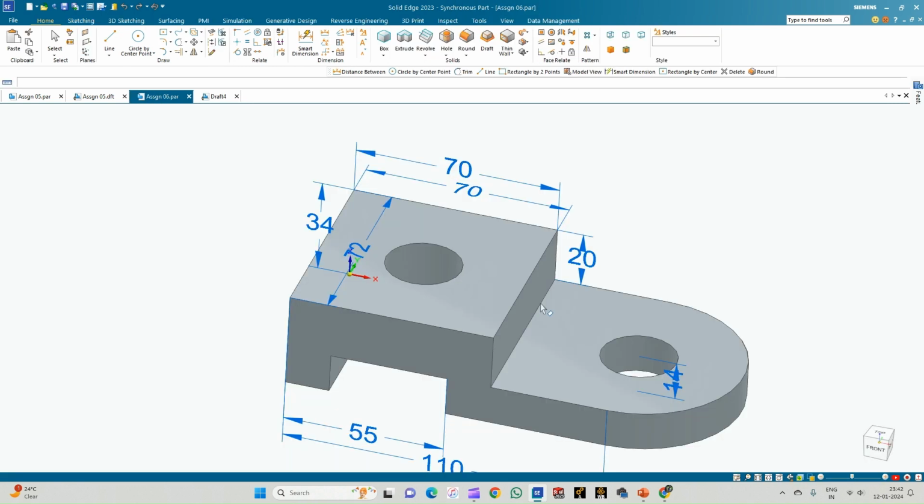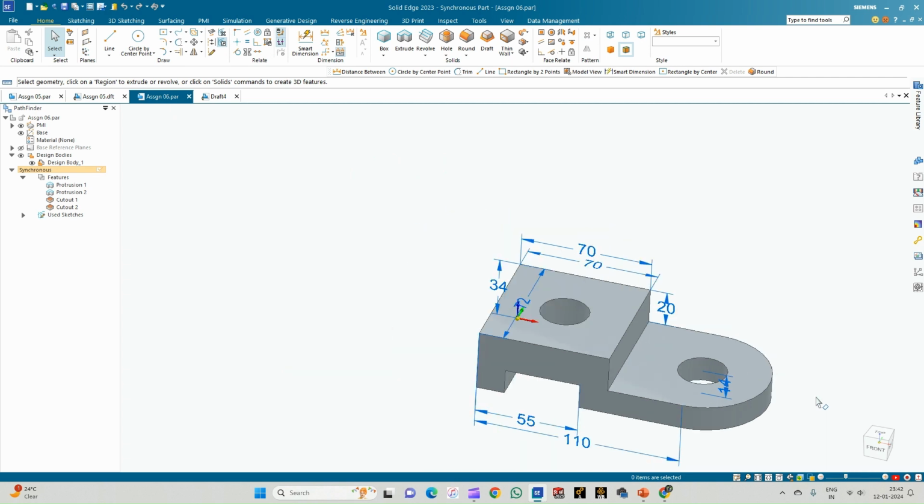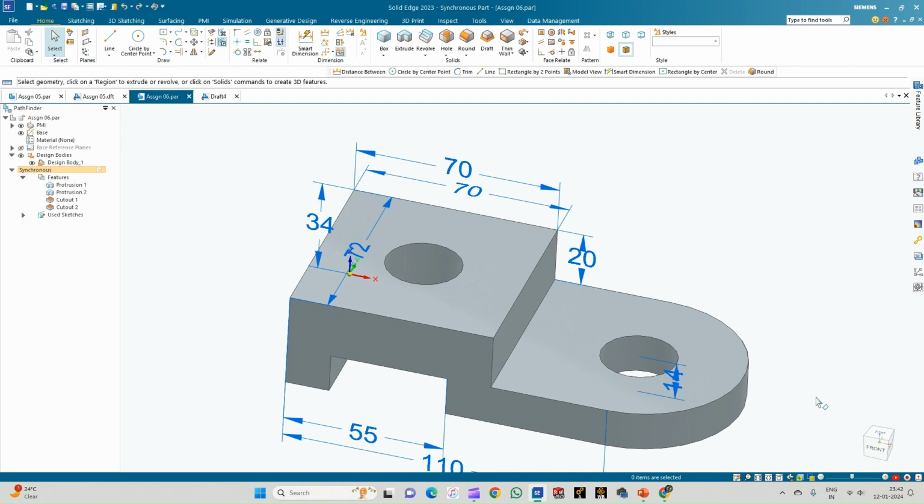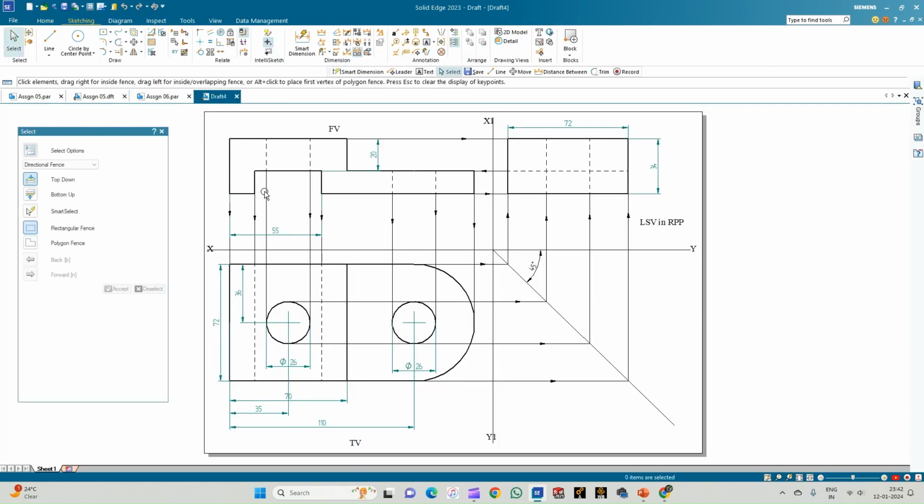We have created the isometric part in the 3D modeling part of the Solid Edge software. So this is the 3D model, correct? And then we have prepared the orthographic projection of the 3D part using the draft. So with this we complete the generation of the